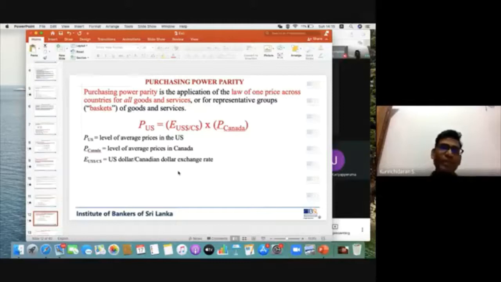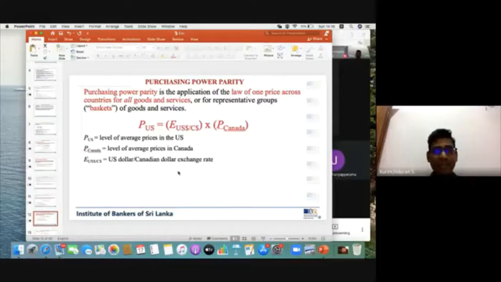Okay, if the general price level is continuously increasing, just to add one point, what do you mean by that? The price level continuously increasing means what? That is inflation, right? Or if the general price level is continuously decreasing, that's deflation, right? Now, purchasing power parity,